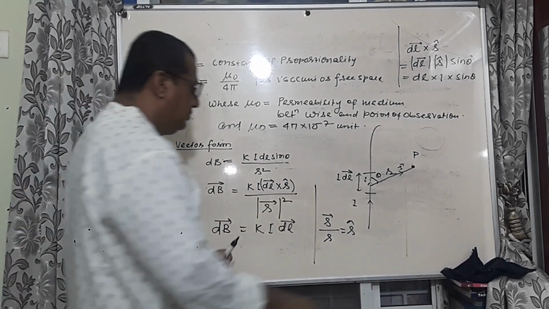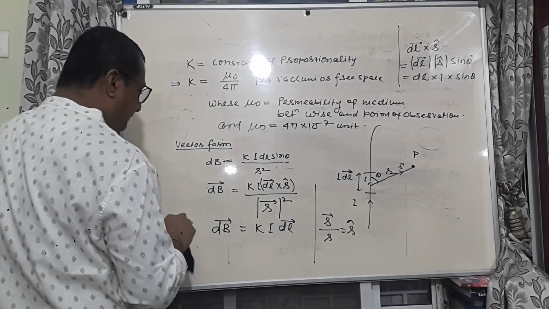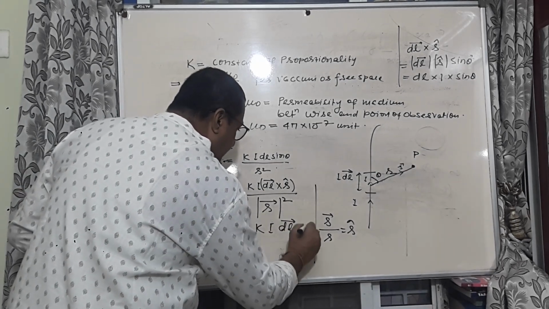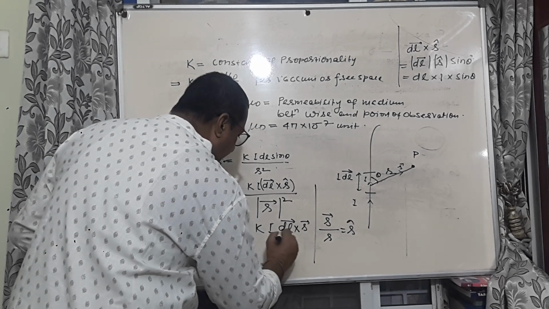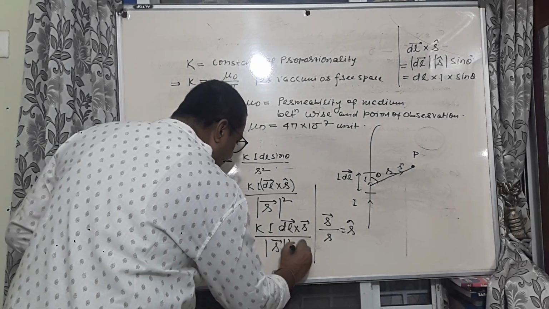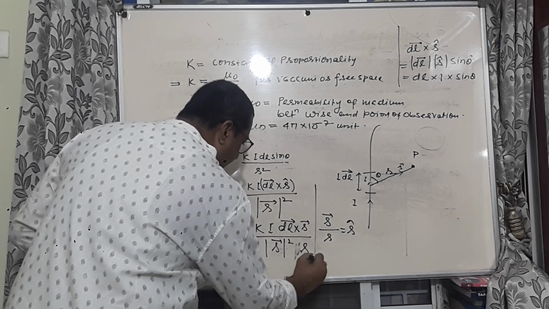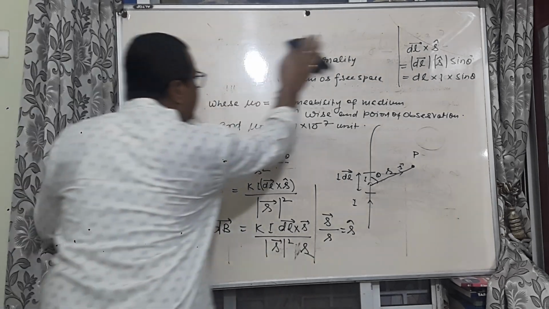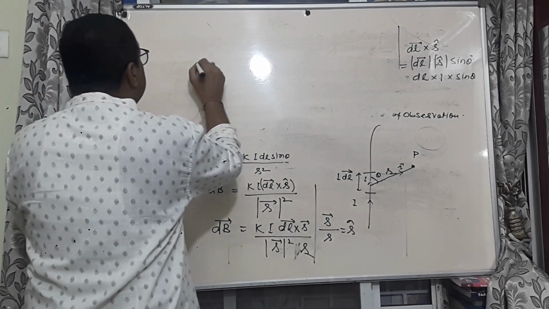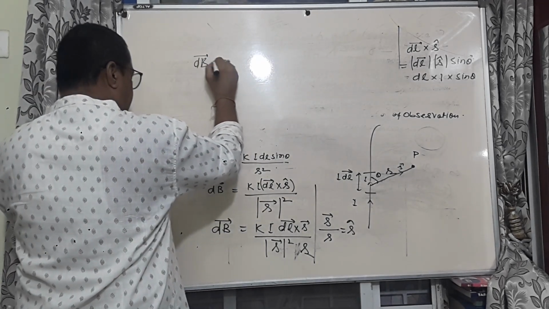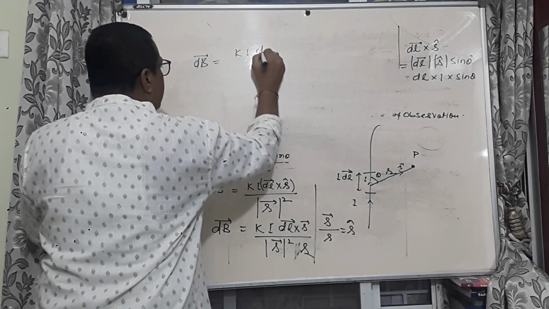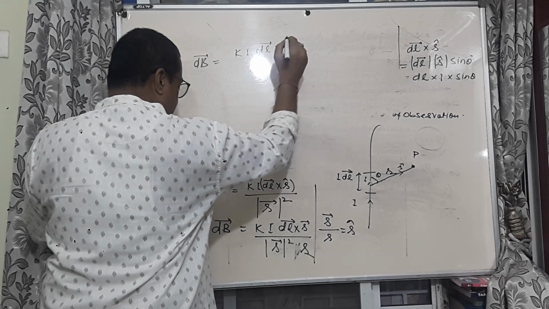So it will be equal to r vector divided by magnitude of r vector whole square into r. Then this can be written as dB is equal to k I dl cross r vector